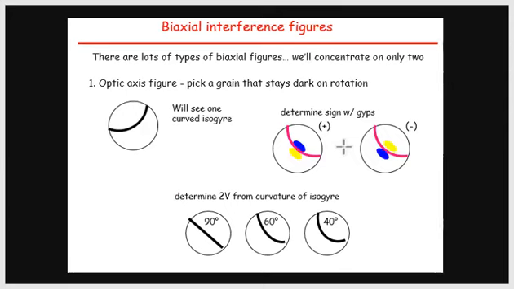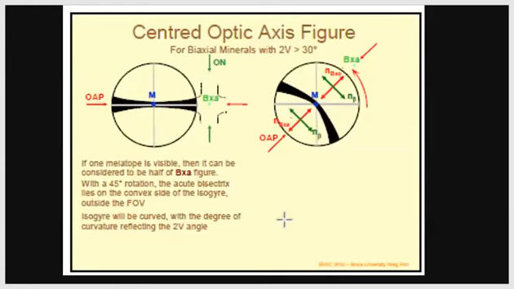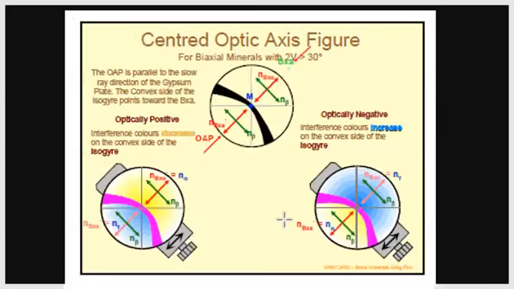This is what we just saw, the centered optic axis figure. If it's going to be yellow here and blue there, that's going to be positive. Blue and yellow, it's going to be negative. We also have seen from the 2V curvature how to identify the 2V angle. Look at this, the centered optic axis figure. You are actually taking the lower side of it. You can see if a decrease happens, it is positive; if an addition happens, that is going to be negative. And these two are the observations that are happening on the BXO side of it.